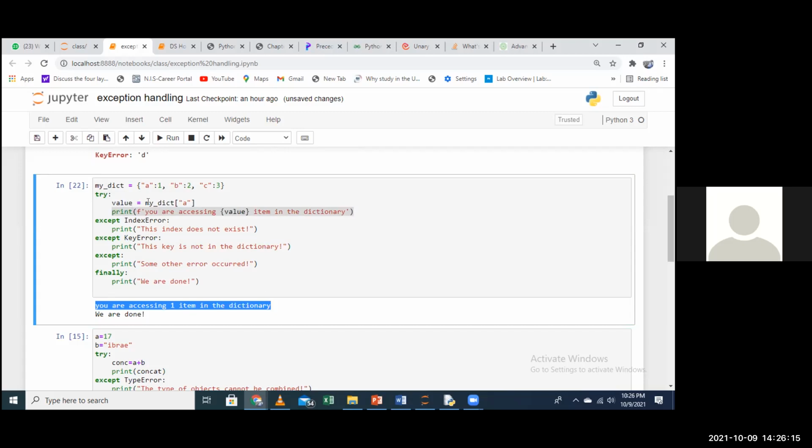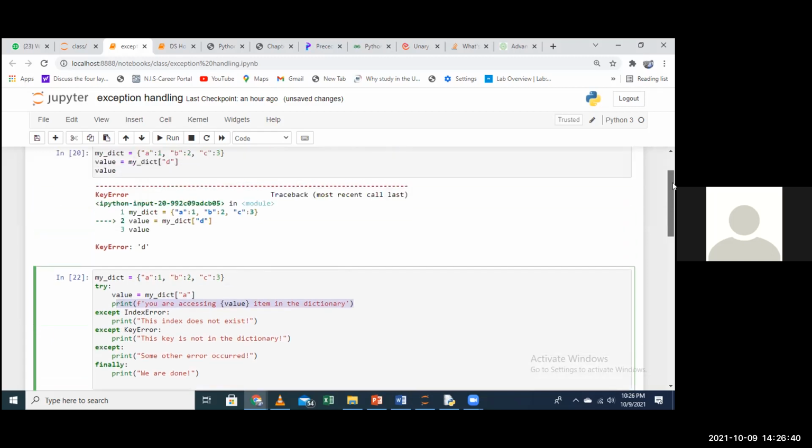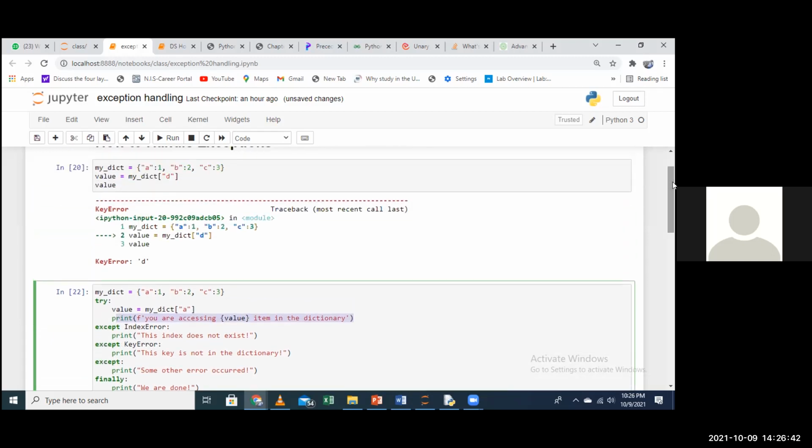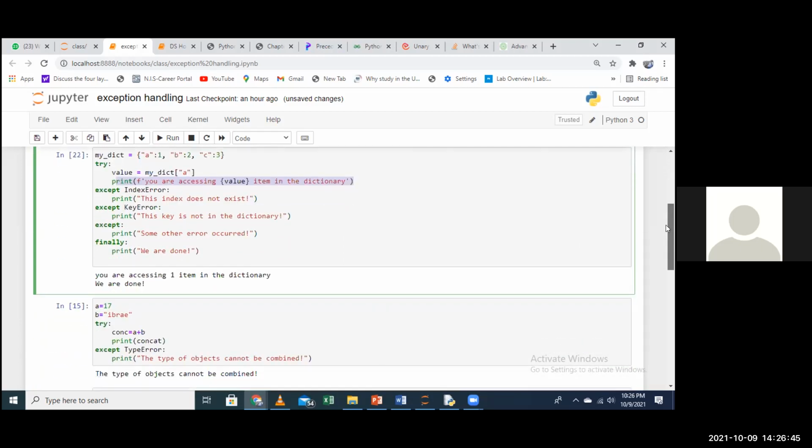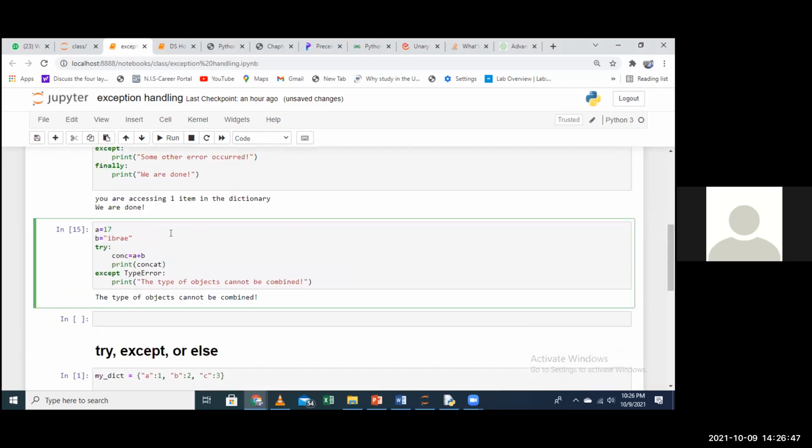So here I said I'm accessing this element using a key, of which A exists in my dictionary. So in case this exists, this is what is executed, unless you are accessing different items other than what you have here, then you have the rest of the errors. So I hope you can confirm and see the difference and what the exception handler does. Proceed here.